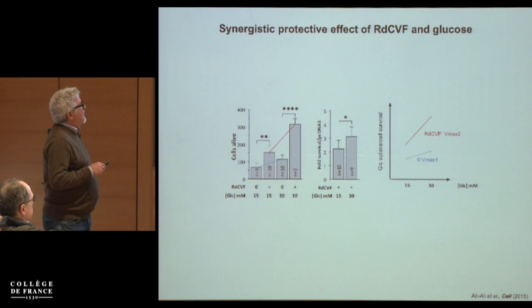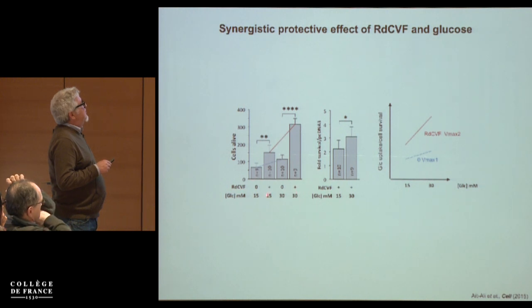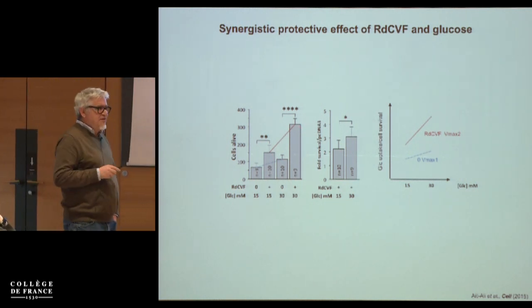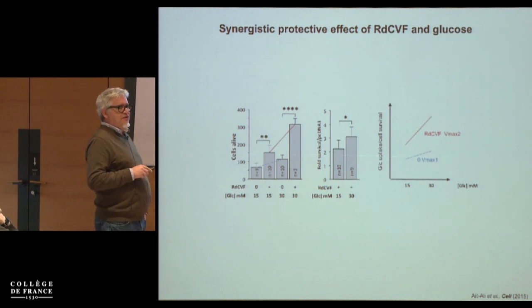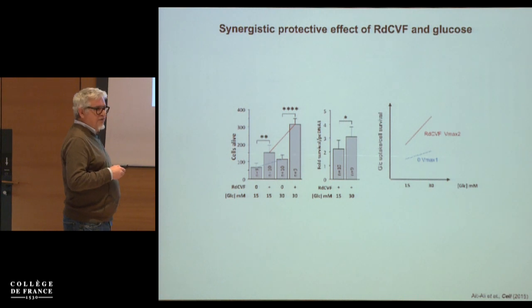If you add 15 to 30 millimolar in the presence of RDCVF, here plus and plus, you have a much larger increase. So there is a statistically significant difference between the RDCVF condition at 15 and 30 millimolar